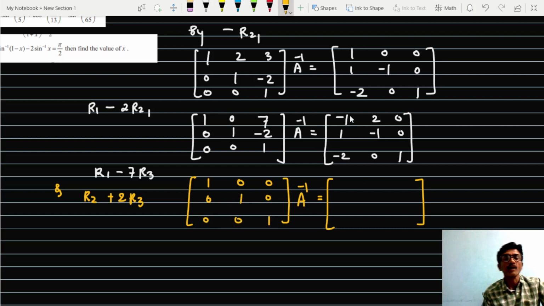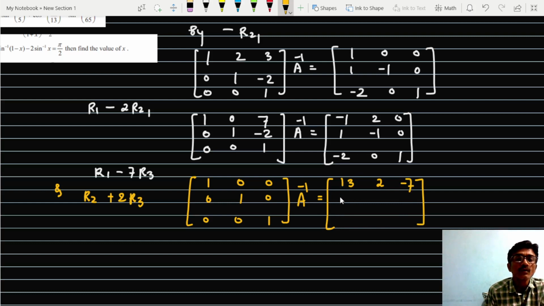Now from R1 we are subtracting 7 times of R3, so this is 14. So plus will be 14 and this minus, that is 13. This is 0, so there will be no change. Here 2 multiplied by -7, so it will be -7. Okay, then